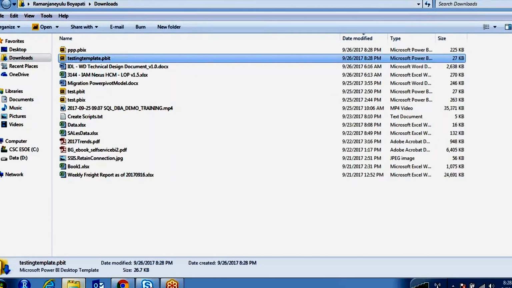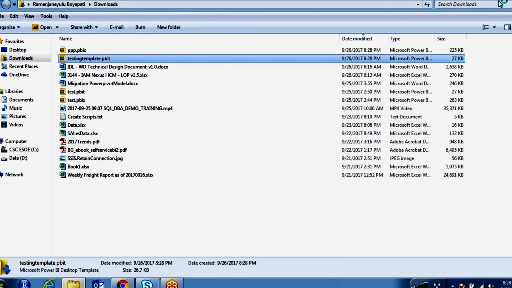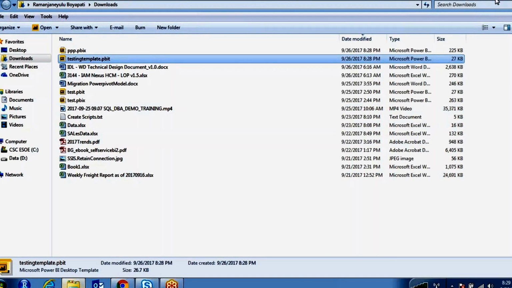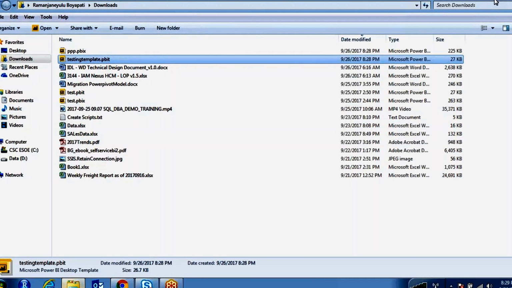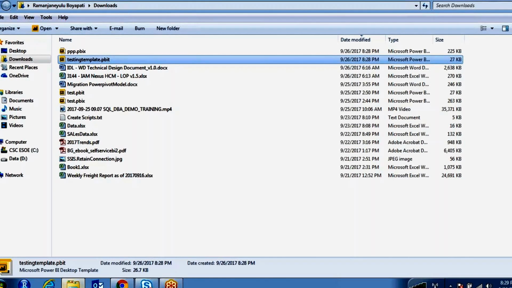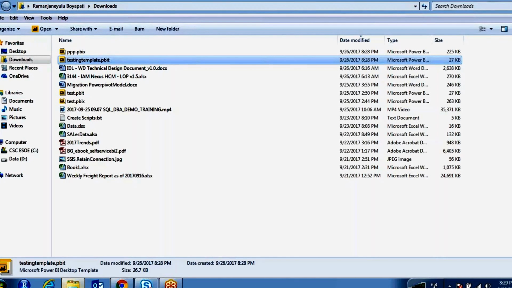When I click on this to open in Power BI Desktop, if you are sharing this PBIT file with someone, when he previews the data, he will filter the value at the time of opening the file, because sometimes in your data source you have one crore, two crores of records.